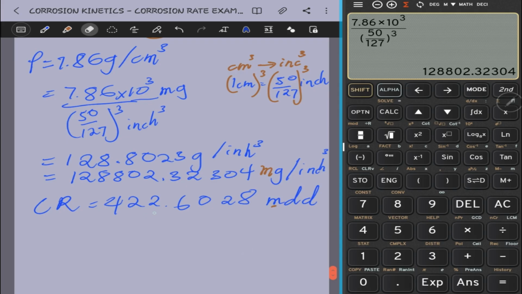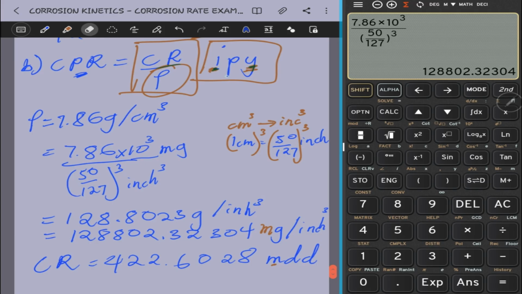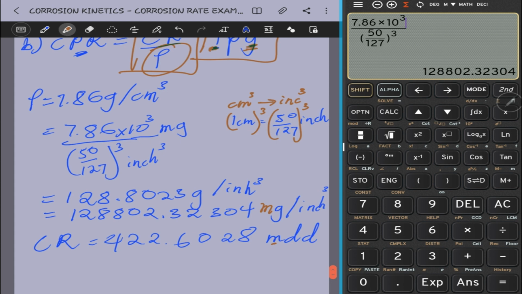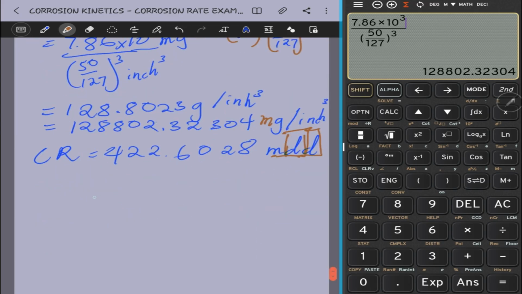And then for the corrosion rate, we have it in mmd, right? So that would mean that our interest is to be in IPY, right? So anything that has length in here and time has to be changed. So there's length, so that would mean that this is decimeter, we'll have to change it to inch, right? This is day, which is time, we'll have to change it to year, right? So let's see. So the corrosion rate to be the same as